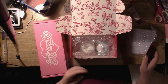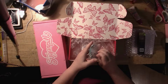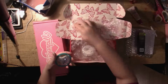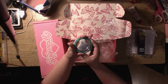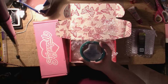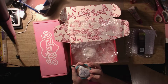No. Okay. Then, these other items I picked up just because I wanted to try them. I like Dermacol's makeup and will be trying most of it out eventually, especially if I have a 40% off sale. Now, this is Dermacol Acne Cover Mattifying Powder. I don't have acne. I do, like everybody else, have the occasional pimple pop up every once in a while,